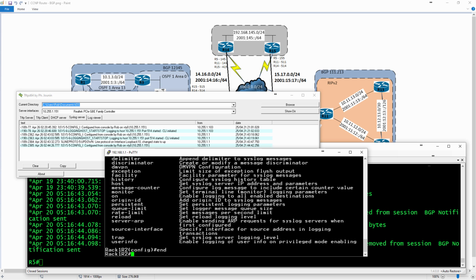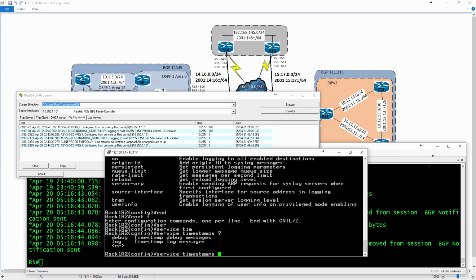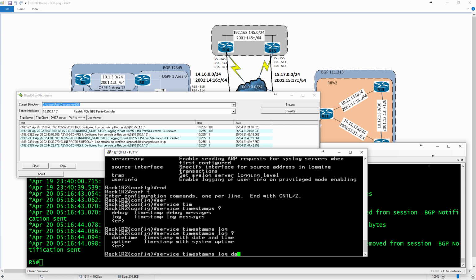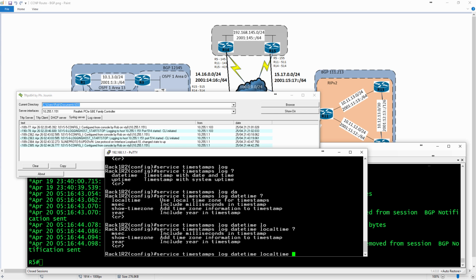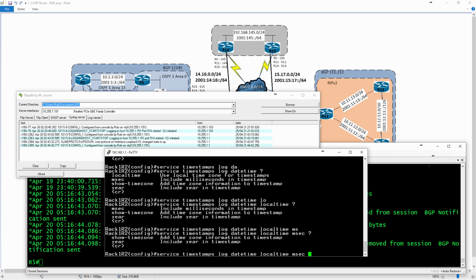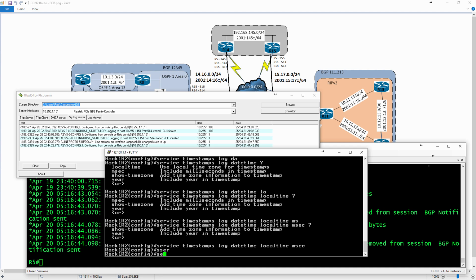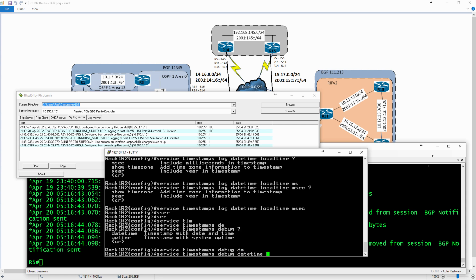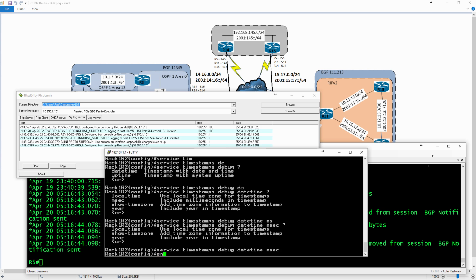That's basically logging. For the timestamps, if I go up here and type in service timestamps log, I could say datetime and specify the local time, and I can specify down to the millisecond level and hit enter. That's now what I'm logging at. If I type in service timestamps debug datetime millisecond and hit enter,